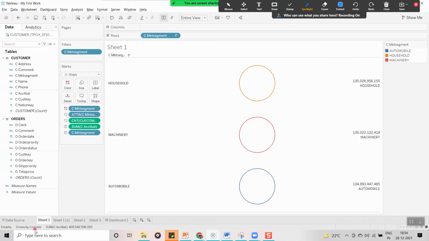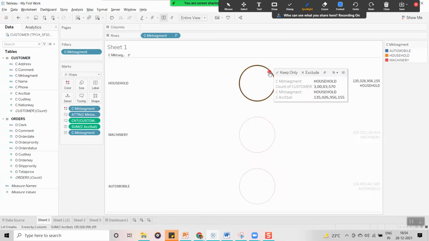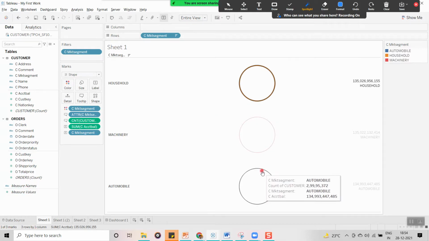Now for example, if I click on this one, now you can see 1 of 3 marks, 3 rows by 1 column. 1 of 3 marks means out of 3 marks I have selected 1, so that's why it is displaying 1 of 3 marks. The status bar is going to display the details of whatever you are doing here.